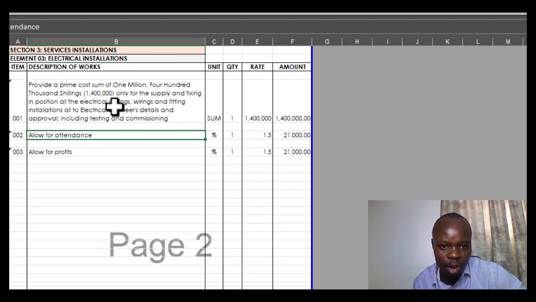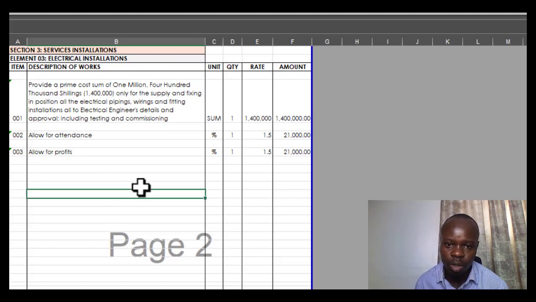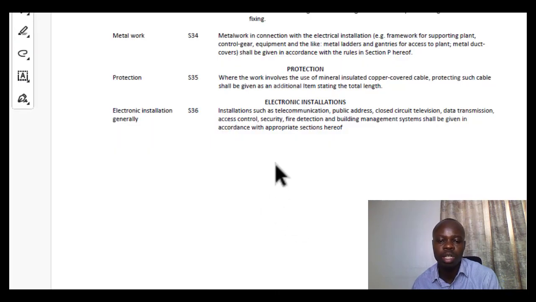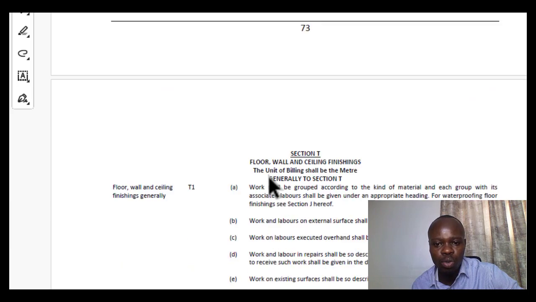So that is how the services are done in terms of the rules which guide on how we measure such items. So that said, now we are in a better position to understand the two sections that we are meant to cover for now. So let's see what is coming next in terms of the rules of